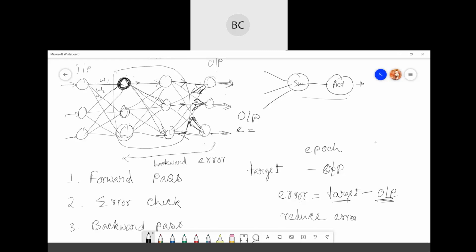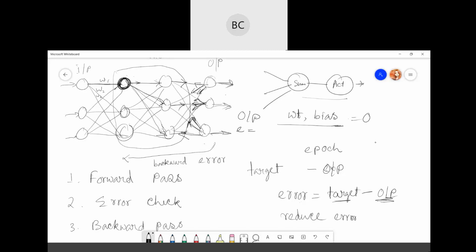The main parameters that should be updated are the weight and the bias. Initially, we can initialize these to 0 or 1. After the first epoch, it will get the error, then send it back to each of the hidden neurons, and each neuron will update its weight.